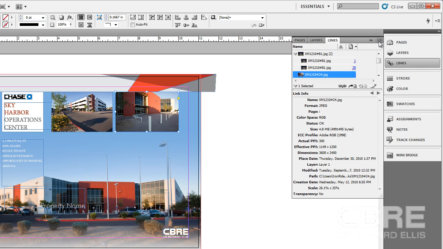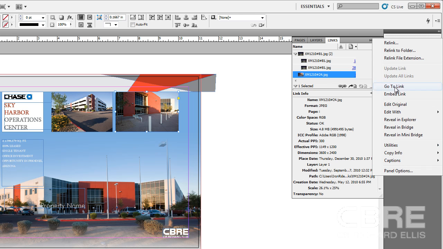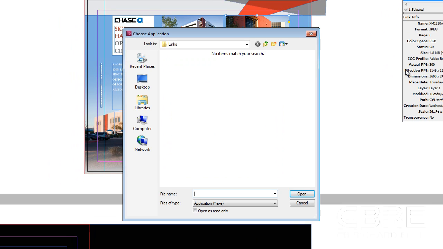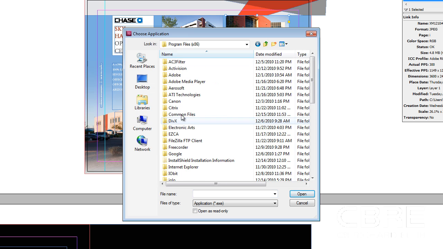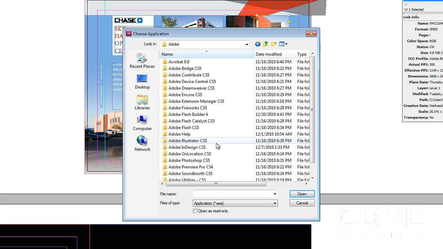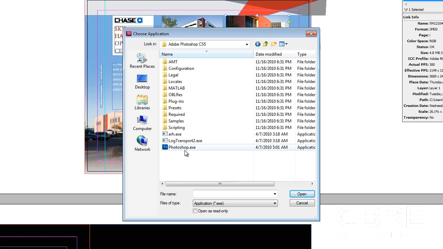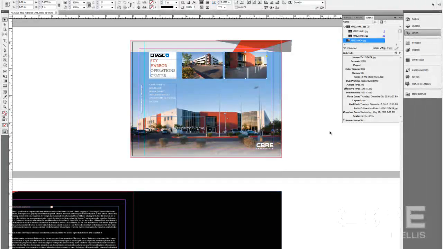But there is another option that we can choose here. If we have that image selected, we can go just below Edit Original and choose one of many programs. And if the program that we want to use isn't listed, we can choose Other and browse to the Photoshop exe file. So I'll go to My Computer, Local Disk C, Program Files, Adobe. I want to browse here for Photoshop and highlight the Photoshop exe. So when I do that,